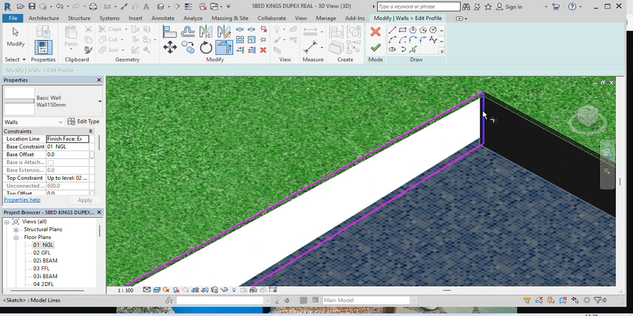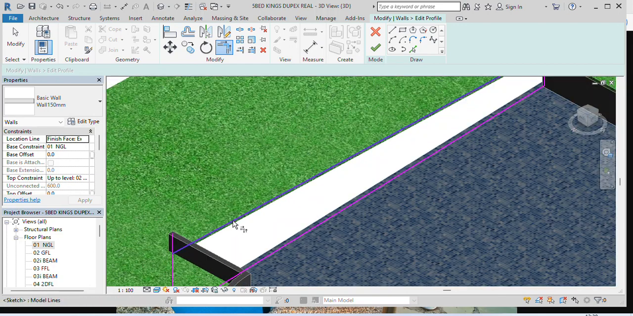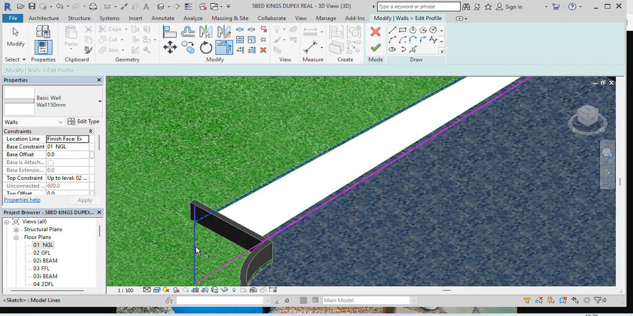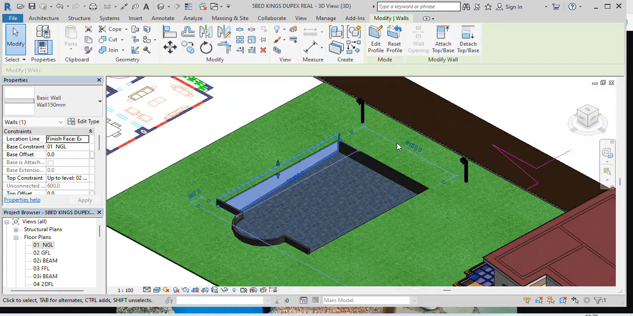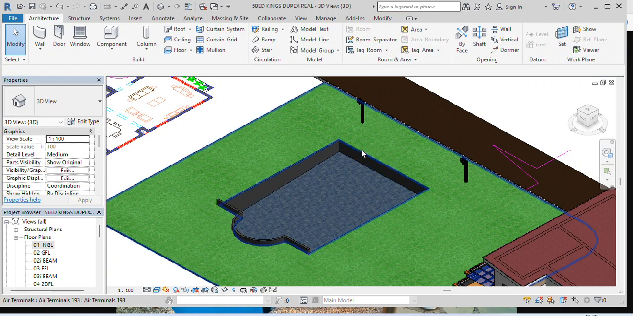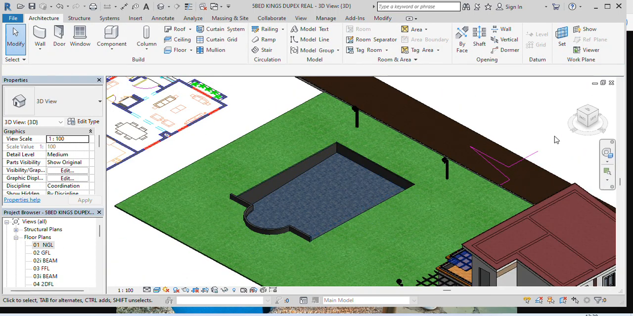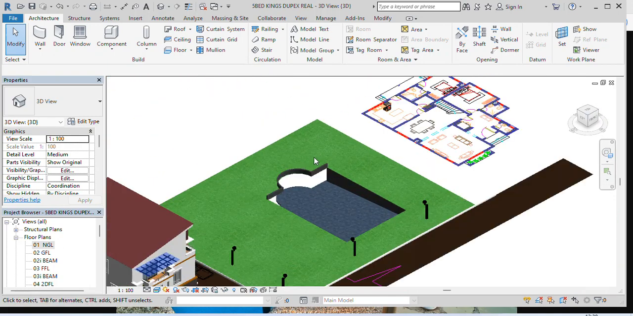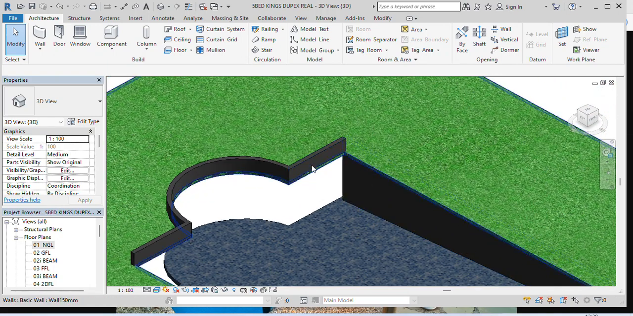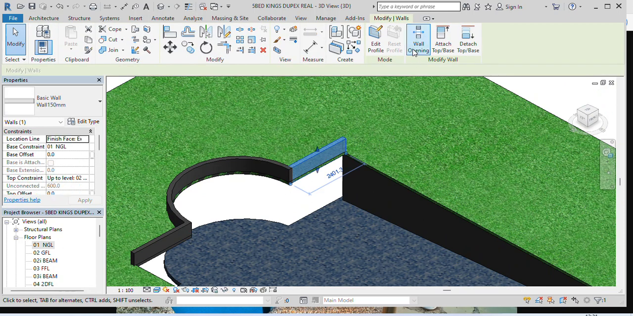trim this to this, click here and click here. Go to green check, click on green check and click on modify. It is done. Then rotate again, click on this,